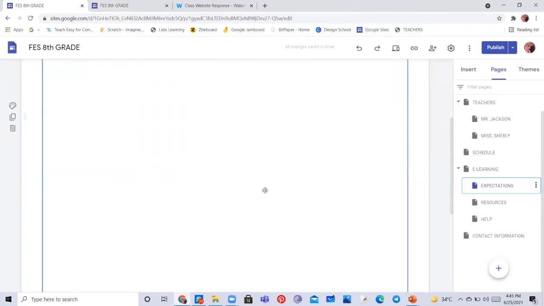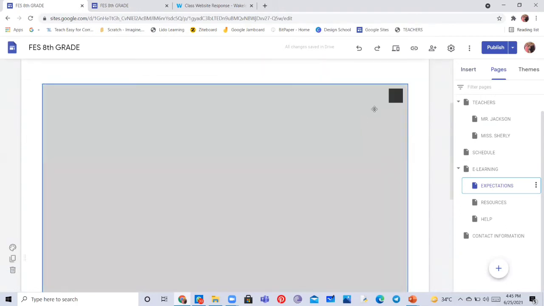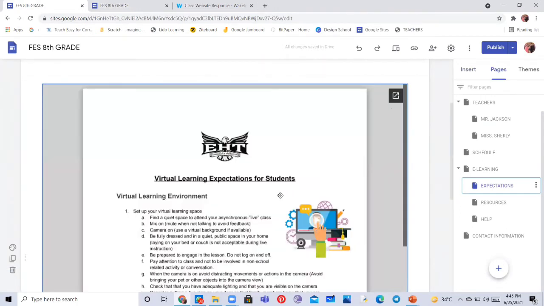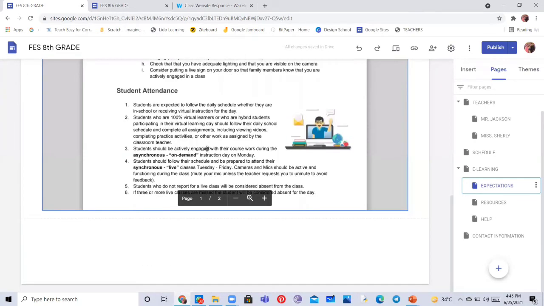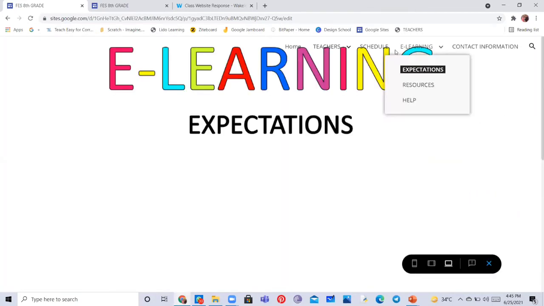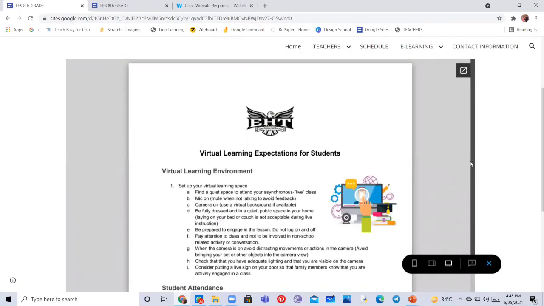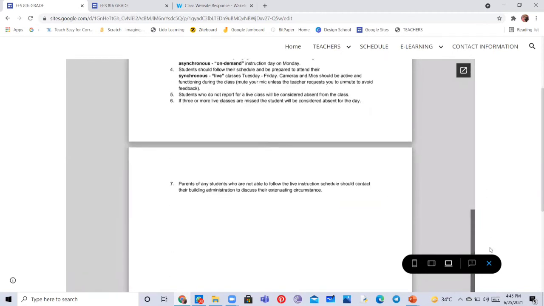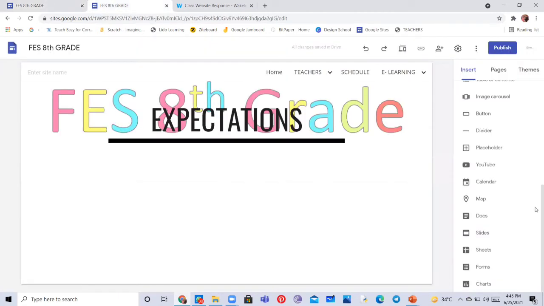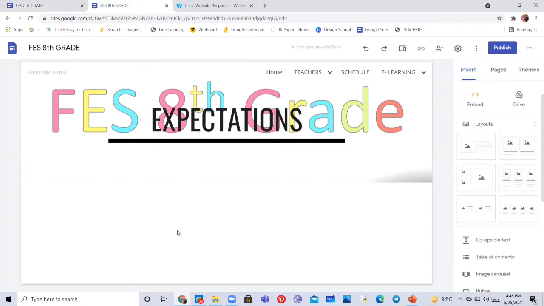So expectations leads to the expectations by the school for the students. Likewise, I have this PDF already made, so I have uploaded it out here. So if we go to preview, preview is what students will be viewing. So we can directly scroll onto the PDF without opening it or downloading it. So this is the feature, or if you upload any docs or kind of slide or sheet or form, we will be able to do that on the site only.